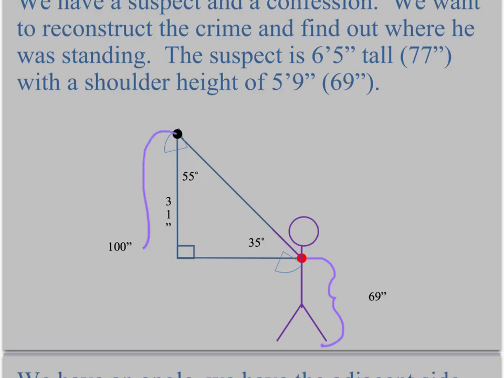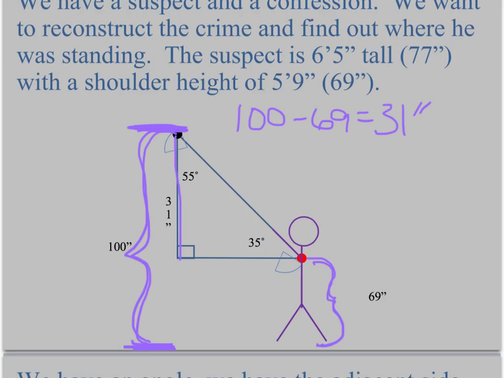But the bullet was found 100 inches from the floor. So here's the floor, here's the bullet. That total distance here is 100 inches. 69 of those inches were taken up by the person's shoulder height. So in order to figure out what this length is on the triangle, we have to subtract. So we just have to do 100 minus 69 to figure out that that is 31 inches on that side of the triangle. So now we have 31 inches on this side of the triangle, and we have two angles,